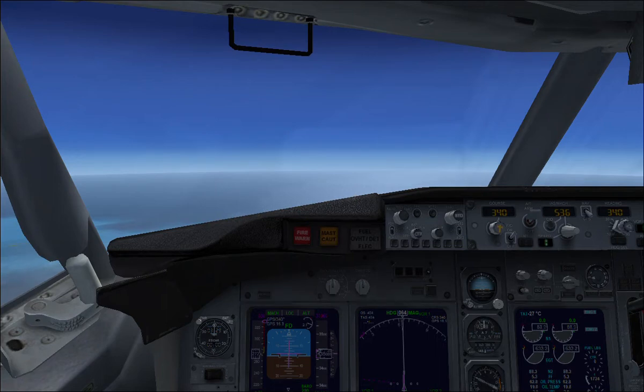Male Center, World Travel 1392 with you level at 350. World Travel 1392, roger. It's possible that it's a fuel quantity gauge malfunction and not a real imbalance, but given the rate at which...